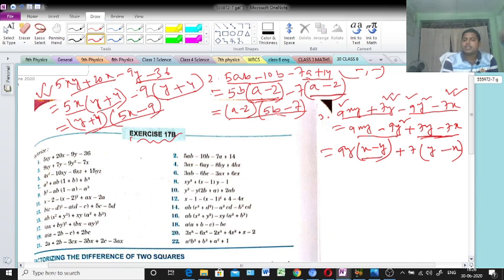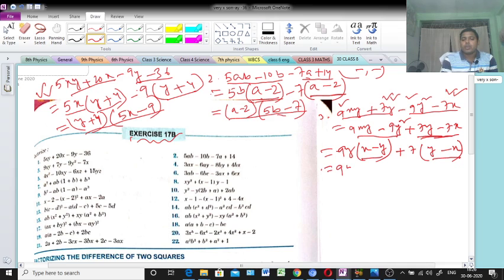But see, in this bracket the same thing is coming. No, the same thing is not coming. Why? Because there is a little change, only the sign. Here it is x minus y, but here it is coming y minus x. So that's why there is a little problem. Maximum things are okay, only the sign is the problem. So that's why we will take the common sign. Clear?